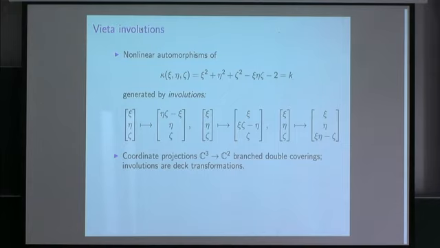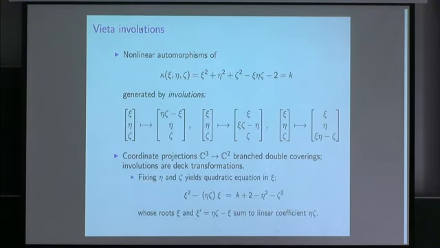You can see that these are automorphisms very nicely. Take a projection, say the projection into the x, y, z coordinates, that means fix eta and zeta. Then this cubic polynomial becomes quadratic, and we get the projection as a branched double cover, and the involutions are deck transformations. It's really easy to see this too. Rewrite the equation this way so that you see that it's a quadratic equation in psi, and if you have one root of the equation, then the other one is given by taking the linear term and subtracting the first one from that. So that gives one of the involutions. These are polynomial automorphisms of this polynomial.